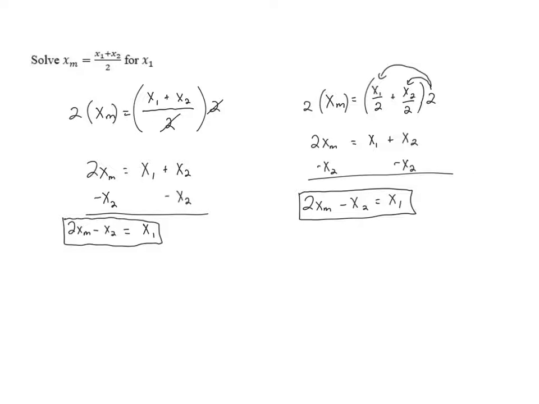Why do we spend time looking at these 2 different ways of doing the problem? Well, because sometimes students make mistakes when they do things the first way. In the first way, we're able to cancel out these 2's because there's a 2 effectively in the numerator. You could think of this as 2 over 1, and then a 2 in the denominator. We're effectively cross-canceling the 2's. There are some students who want to cancel out the 2's, but then they also want to distribute the 2. And we can't do both of those in the same problem, because if we're going to distribute that 2, it